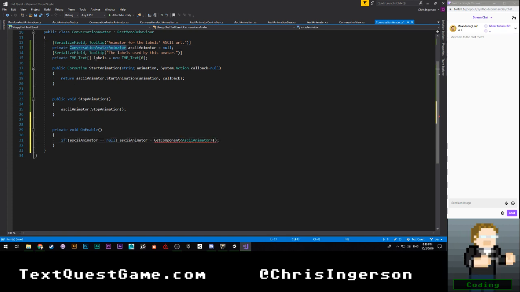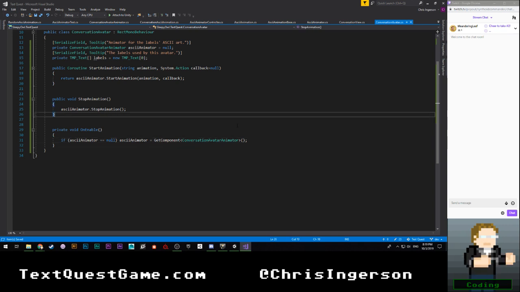I suppose I should probably make it the actual same thing. And then we're just going to come down here and say if... you know, for now I'm fine just leaving it like that. I was going to do the same thing for the labels, but I'll just do that manually.